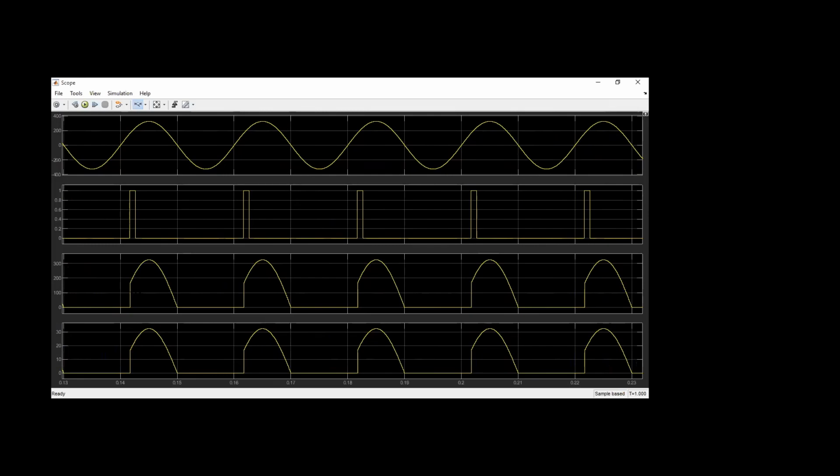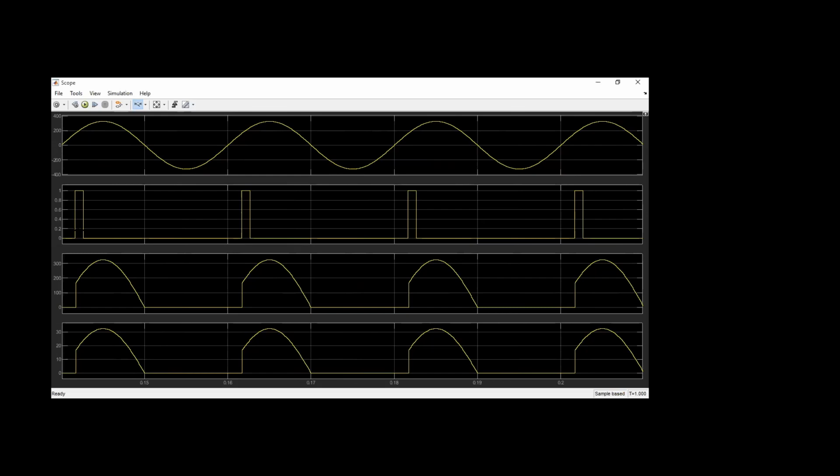When I consider a 30 degrees firing angle, if you observe here, exactly at 30 degrees you are getting this half wave controlled rectifier. So the first one is the input voltage. Now the pulses I have taken at 30 degrees. At 30 degrees, it has started conducting. Okay, so the next half cycle, it is a half wave rectifier, so the negative half cycle will not conduct. Again one more positive half cycle will come, after 180 degrees. So now one is the voltage source, one is the current source.